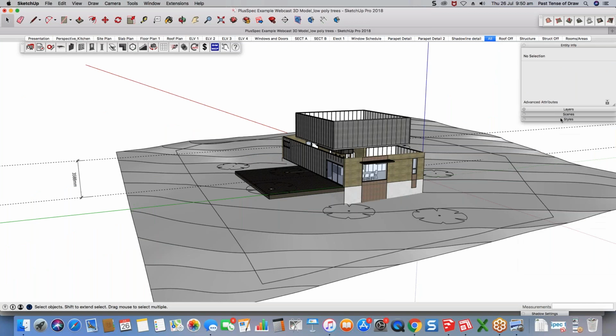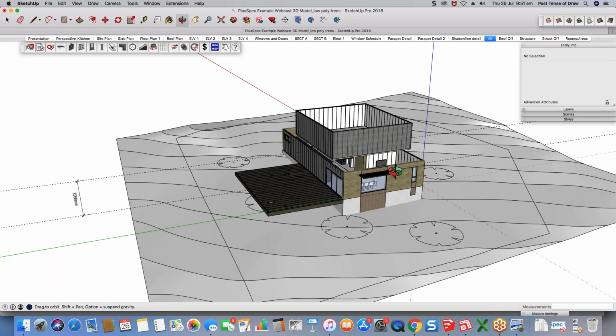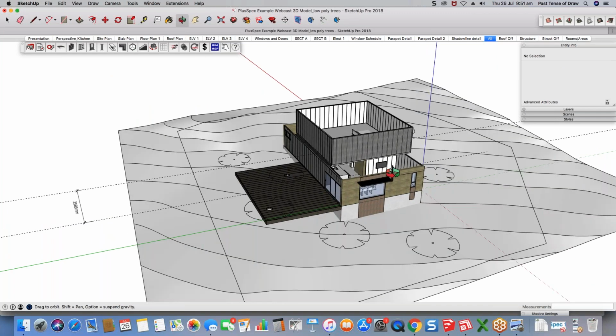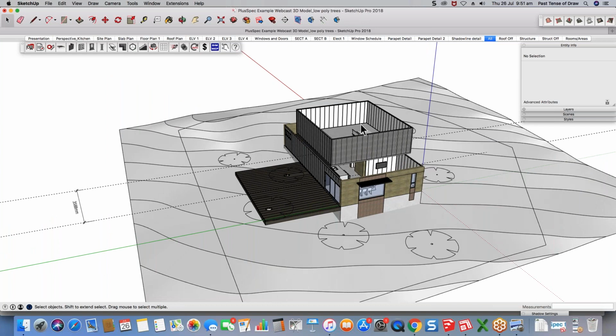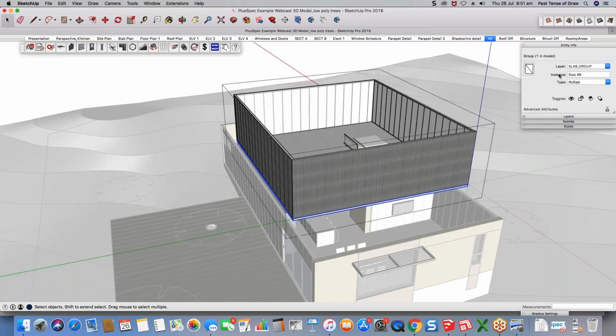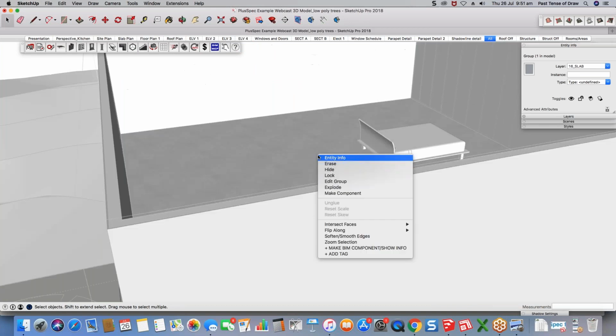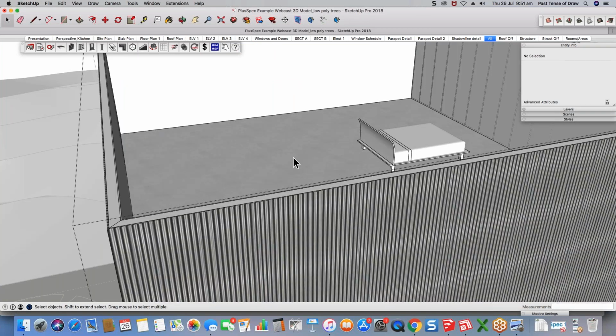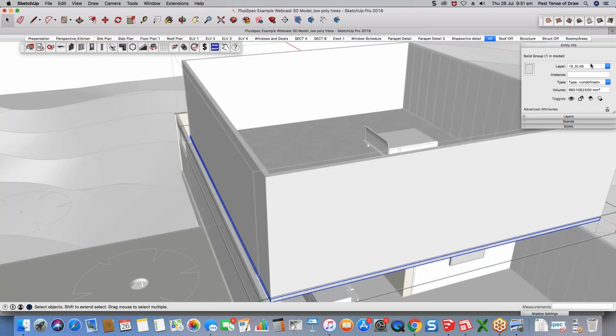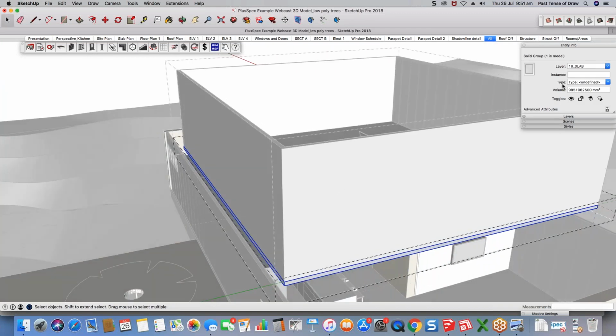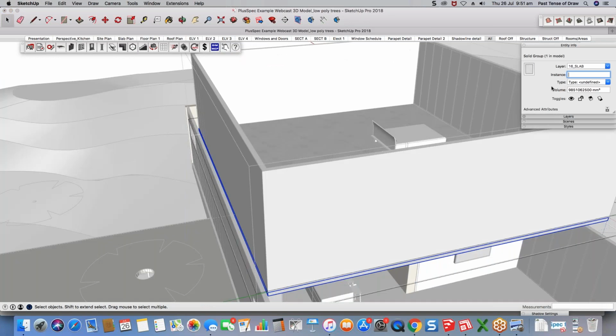Now, if you really wanted to, there's one final aspect here. If you go into, for example, your different groups, you'll notice that there's an instance, and if you keep on double clicking into the different groups, so into the slab group, etc., each one will have an instance and other bits, and there'll be some that actually have empty fields. And if you wanted to include the height or other information here, so you can pull it out easily inside of your 2D drawings, rather than having to do it manually, you could, for example, put